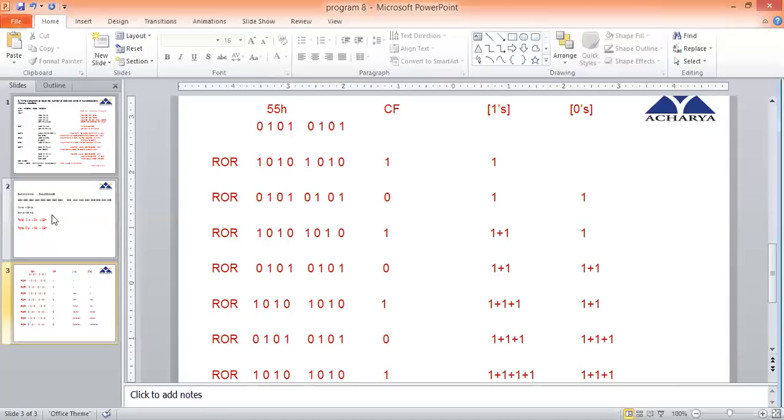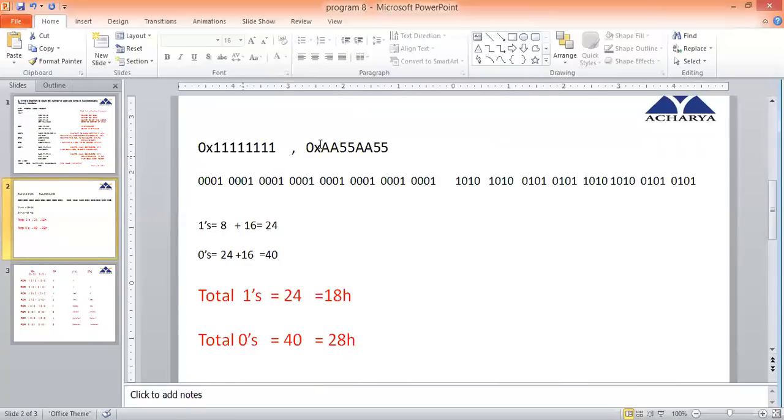Now let's go for a 32-bit number. Let's take two numbers, 1 1 1 1. We'll take a simple number, but rotation becomes more lengthy when we go with 32 bits. That's why I took the 8-bit example. The same thing you have to apply here. Now, as per your syllabus, you have to find out zeros and ones for two consecutive numbers. It is not one number. So this is one number and this is another number, in consecutive memory locations.